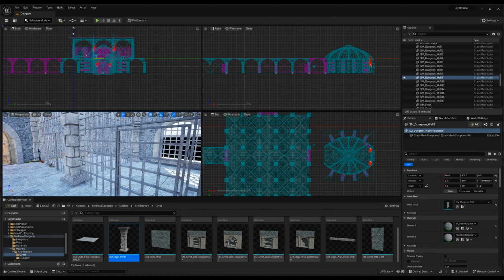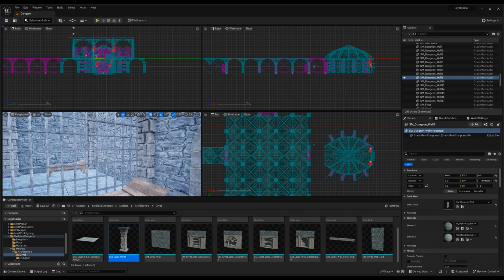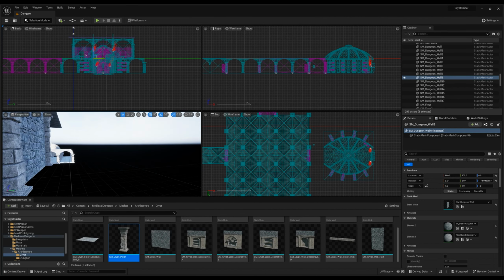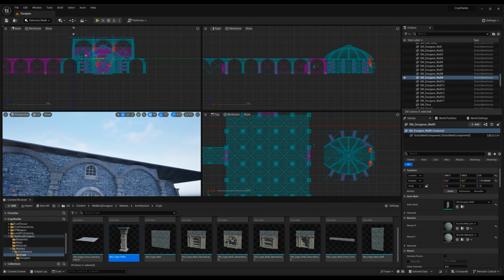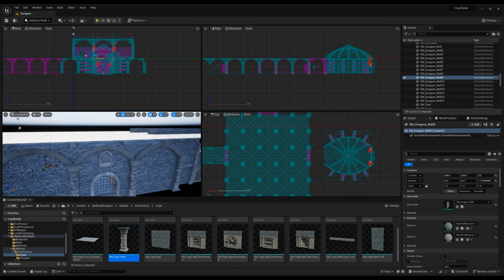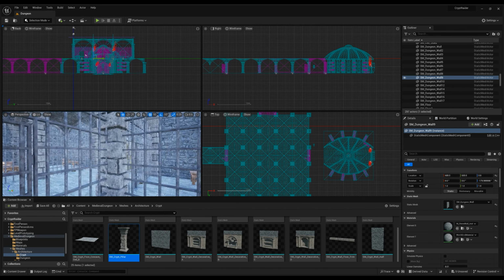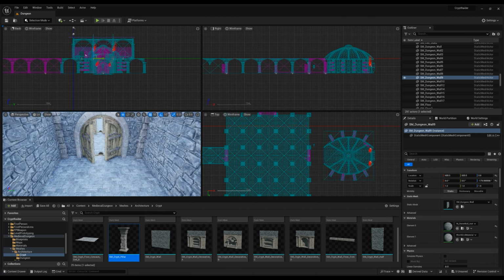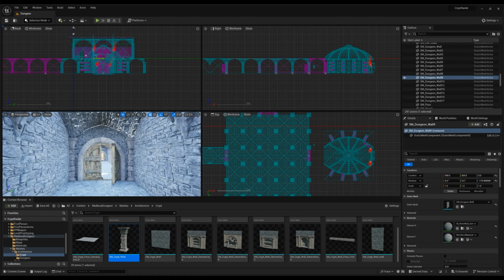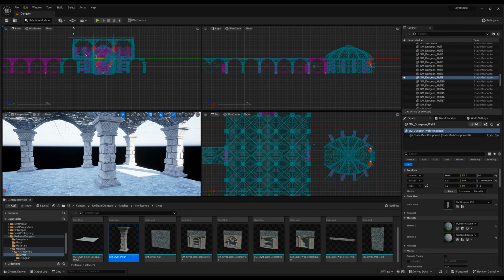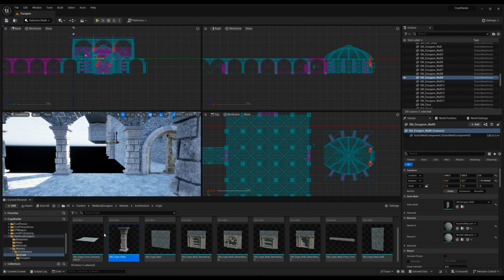So we started out in basically a dungeon, a prison, and these are like little windows of the outside. The outside is incomplete yet, as we see, and these right here are kind of like the light blockers. And we go back into the window, down through the doors, into the stairwell, and back into the crypt. Now the crypt is unfinished here, so that way we can demonstrate just how efficient and fun level building is